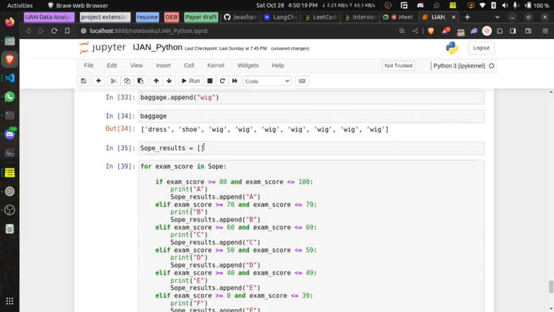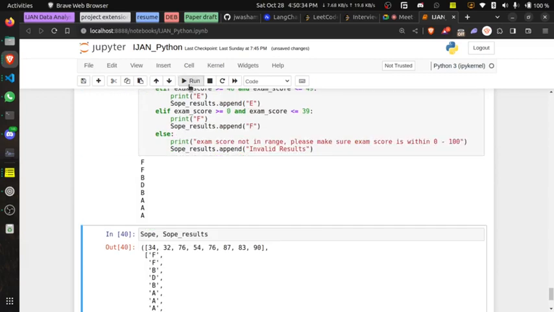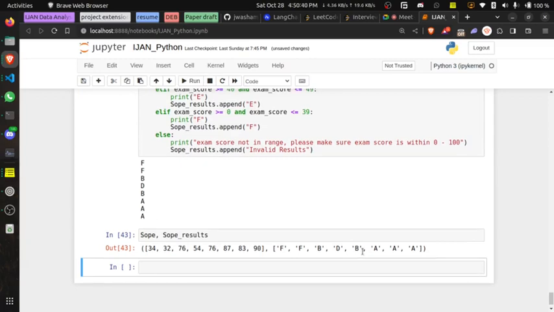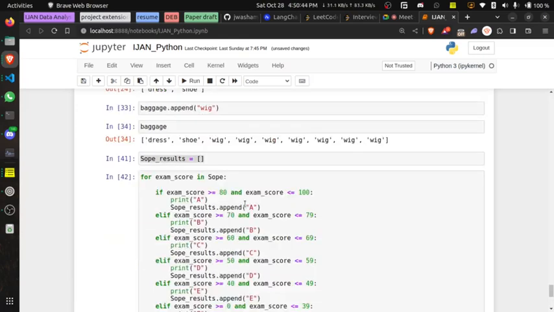So if I run this a number of times, it will keep adding, and Shockwave results is not initializing. So the better thing to do is every time I want to run this, I have to run this first. So if I run this, then run this, and run this, you see that it remains the same. Or rather than run those two things together, I could just take this Shockwave results,